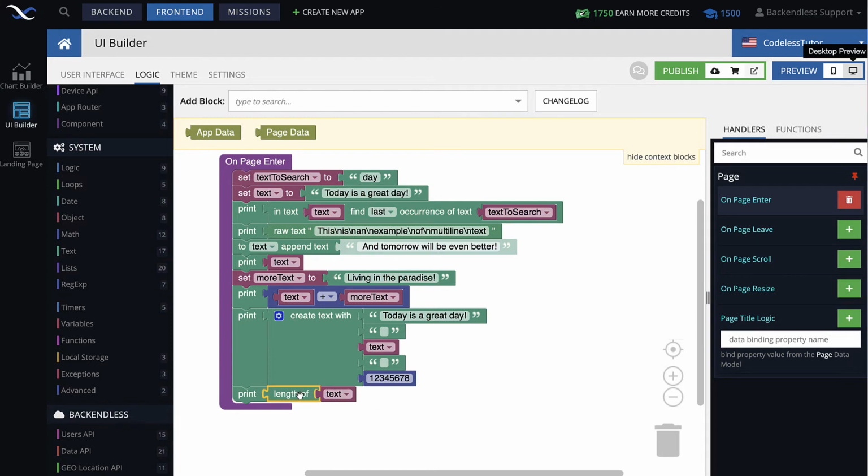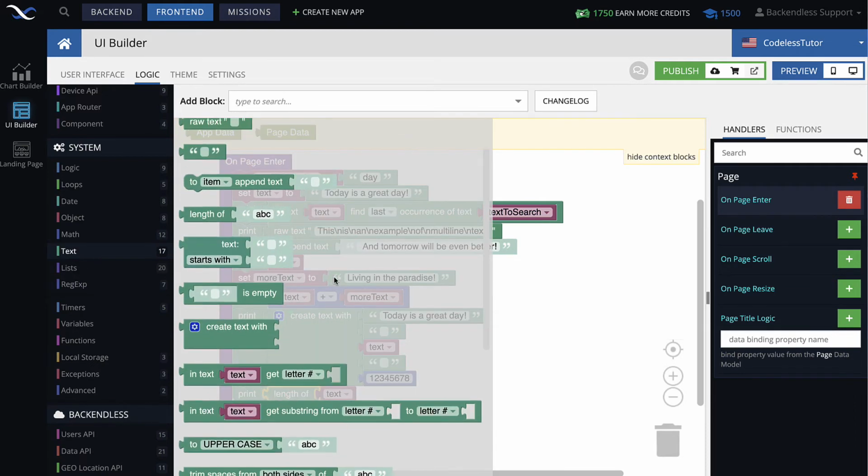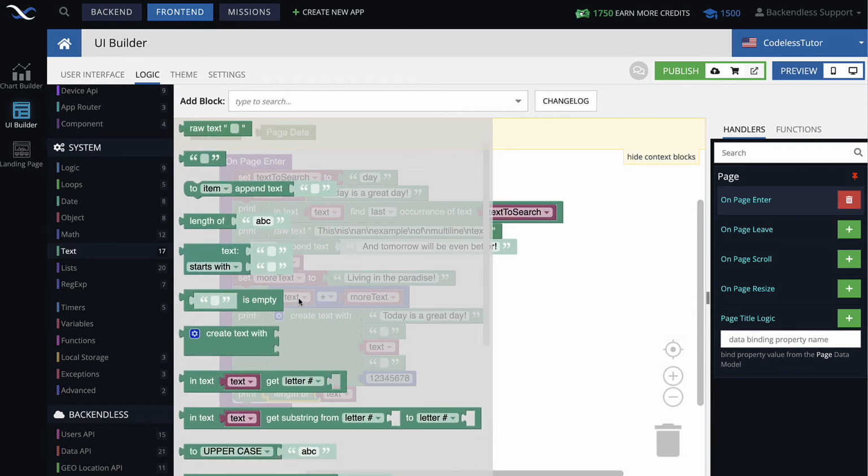By the way, length of whatever it returns, you can put it in a variable. You can use it as an argument in some other operations. Here, I'm just printing it out for convenience to show you what it actually returns, but nothing stops you from taking that return value and using it elsewhere. All right, let's go back to text. And as you can see here, you can check if this one is empty, which is essentially going to be the same check whether length equals 0.